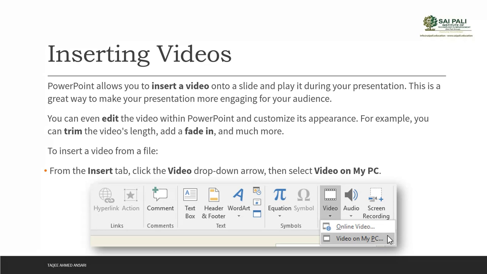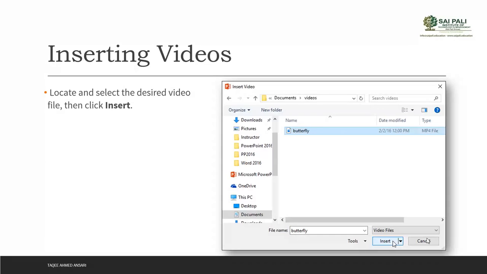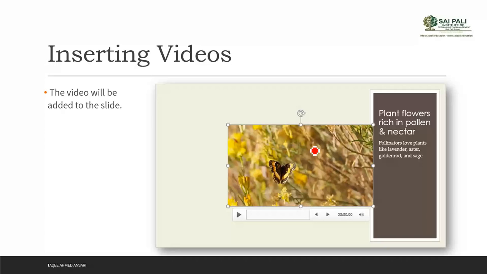Now for adding a video into your PowerPoint slide, we can do it from the Insert tab. From the Insert tab, we go to the Media group where we have this Video command. When you click on this, it's a drop down command and you get two options. Either you can get it from online or from your PC. So you select video from your PC. It opens the browse window where you can find the video wherever you have it, and then you can select and insert. When you click on insert, it will appear in your slide.